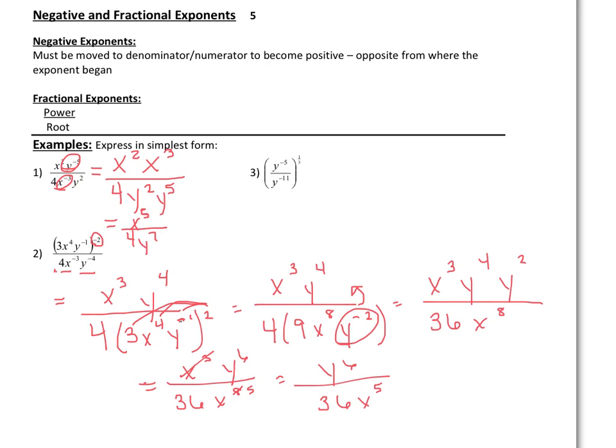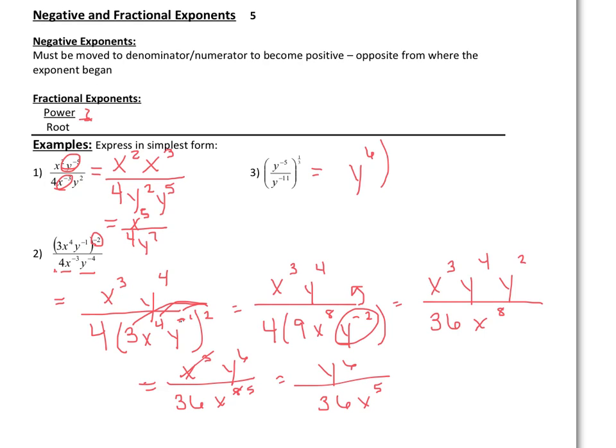And the last one, fractional exponents means power over root. So I want to simplify what's inside the parentheses first. So y to the negative 5th divided by y to the negative 11th. I'm going to subtract my exponents. So negative 5 minus a negative 11 would be negative 5 plus 11. So I'd have y to the